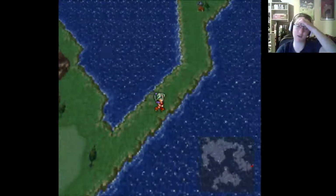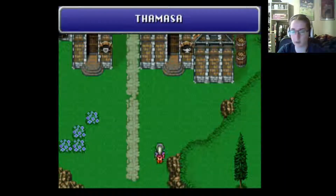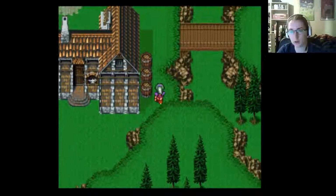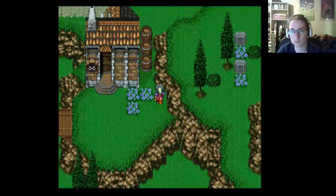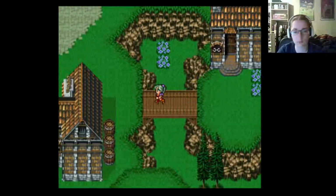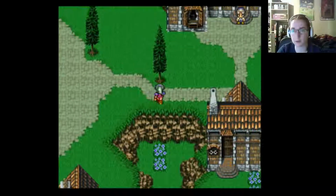I need to pay more attention to these little fights. Just double check that there's no path into the graveyard, just in case I come back in the future. Oh, yeah, it's probably... Because if I come back sometime and want to get to the graveyard...